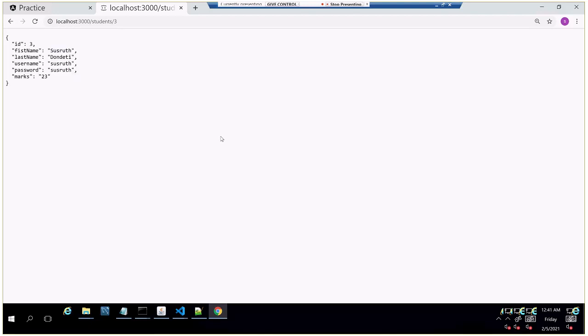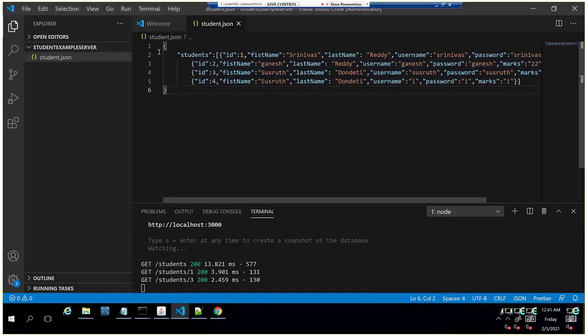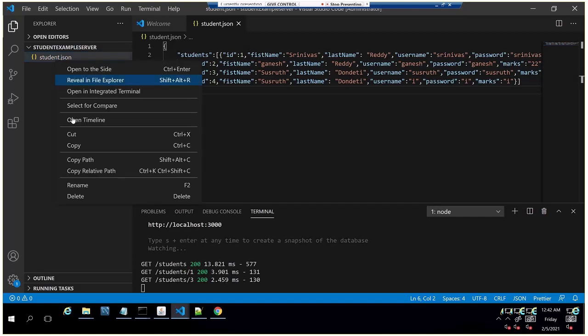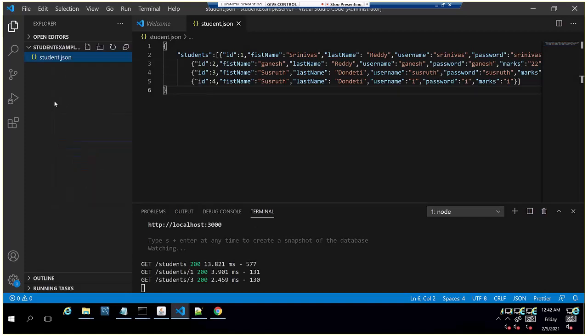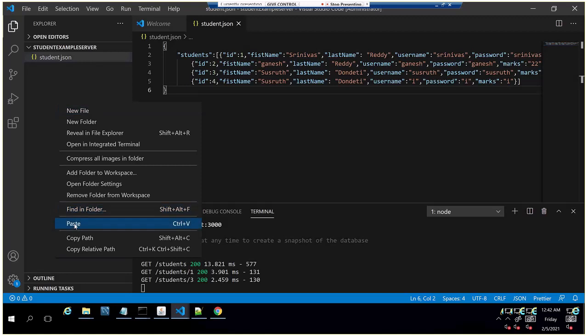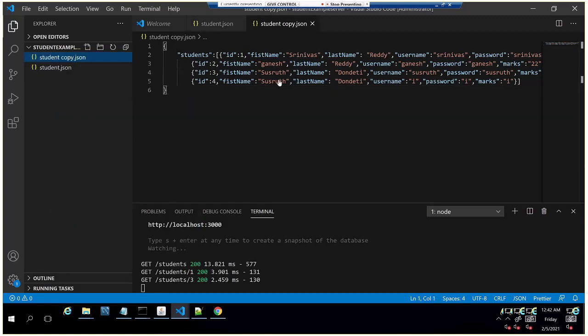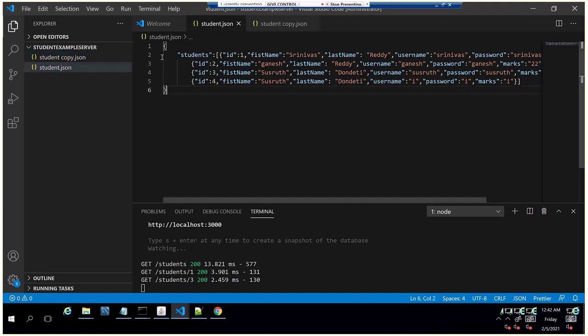So when we do any modification, the corresponding JSON object will be modified. So we'll take a backup of this, because the data will be overridden by these REST APIs. We'll create a backup so that we can use the same file, same data, in future if any changes are required. Yeah, it is the same data, I have just taken a backup of this file. Now we'll try to add some students to this list and see how it works.